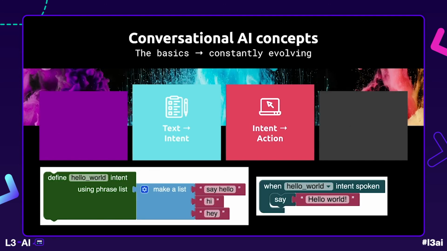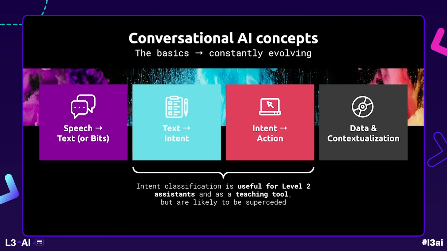And so one great way to teach these concepts is actually by allowing students to build their own conversational agents, like with the blocks in the App Inventor interface, which shows intents, which define meaning, and endpoint functions, which define what computers do with that meaning. And yet, although this type of intent classification is useful for level 2 agents, it's also important to teach how